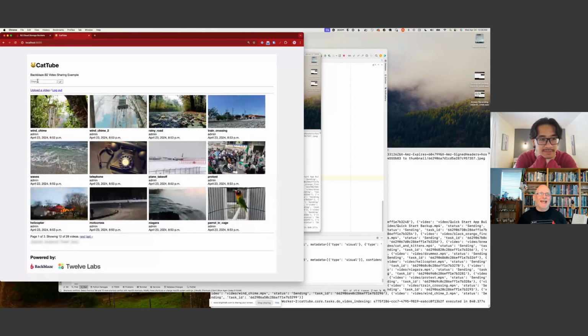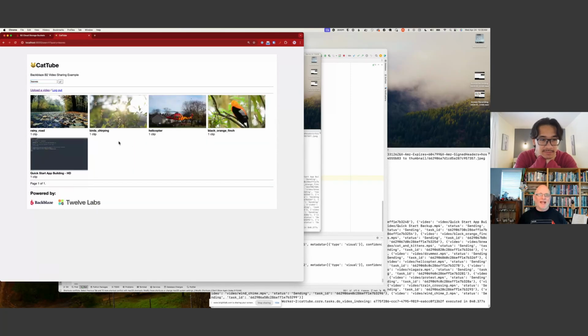And I can search for things like leaves, and it'll give me back a handful of videos with leaves. I guess there's maybe a mention of something that sounds like leaf in this one. But even this helicopter one, there's trees in the background swaying with leaves. So that was indexing and searching.